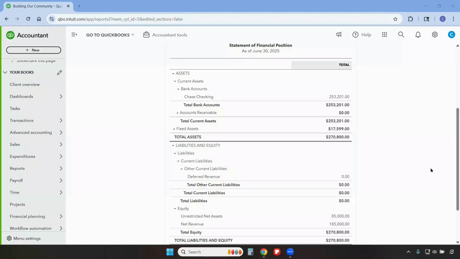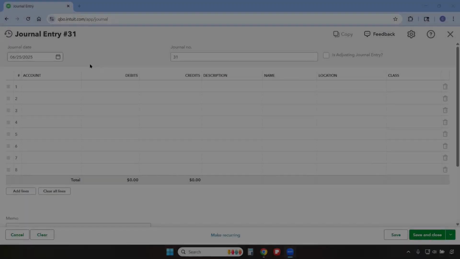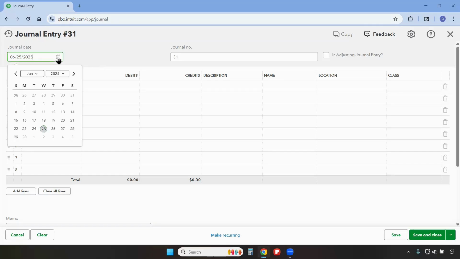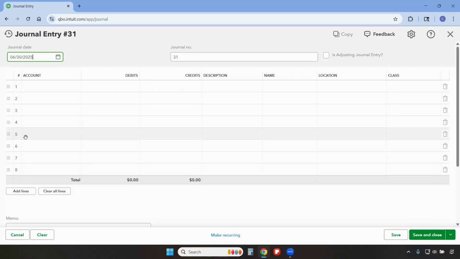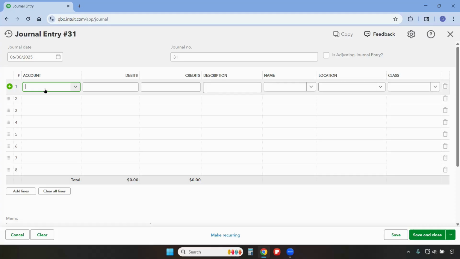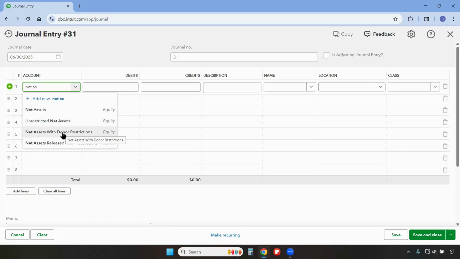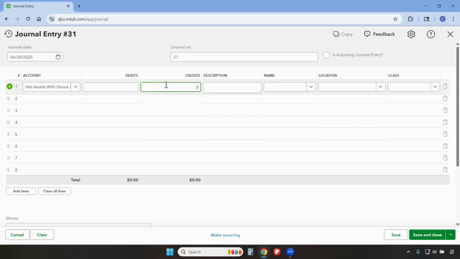In the statement of financial position for this month, you can see that $85,000 is under unrestricted net assets. However, it's not reflecting the portion that's restricted funds. So we're going to make our journal entry to revise that. For this journal entry, this is going to be recorded at the end of the month, so June 30th, and we're going to use the account net assets with donor restrictions. We're going to credit the account